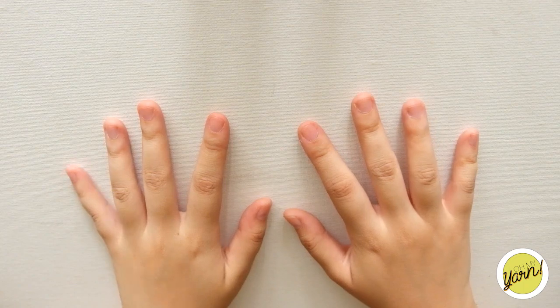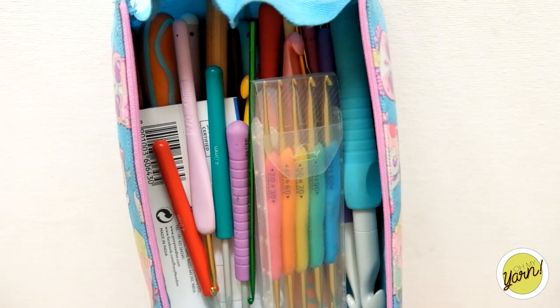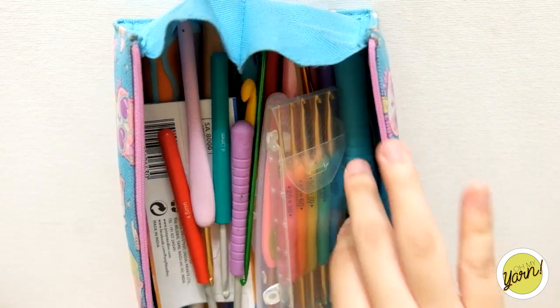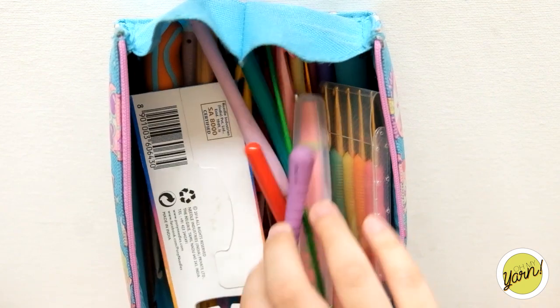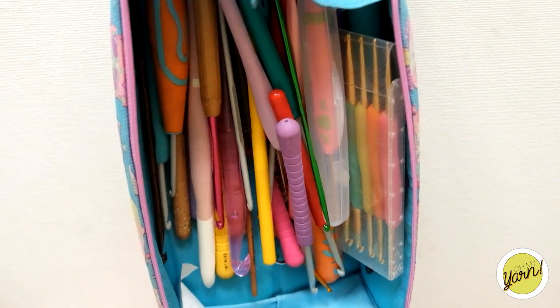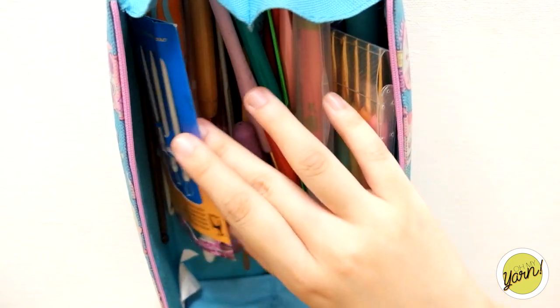Okay guys, hello again. So in this portion of the video, we're going to be talking about hook sizes and hook types. So this is my little box of happiness. This is just a bunch of my assorted and loose crochet hooks, and I'm going to go through these hooks and show you the different types so that you can be familiar with the different hooks that are